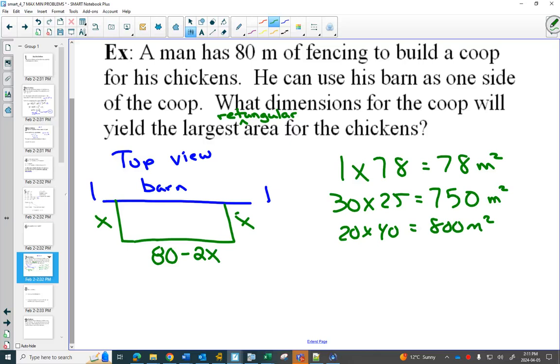Now, whatever you want to find the maximum of, so here we want the largest area, that's telling you what kind of equation you need to make. I need to make an area equation if I want to find a maximum area. And area is length times width, so this will be